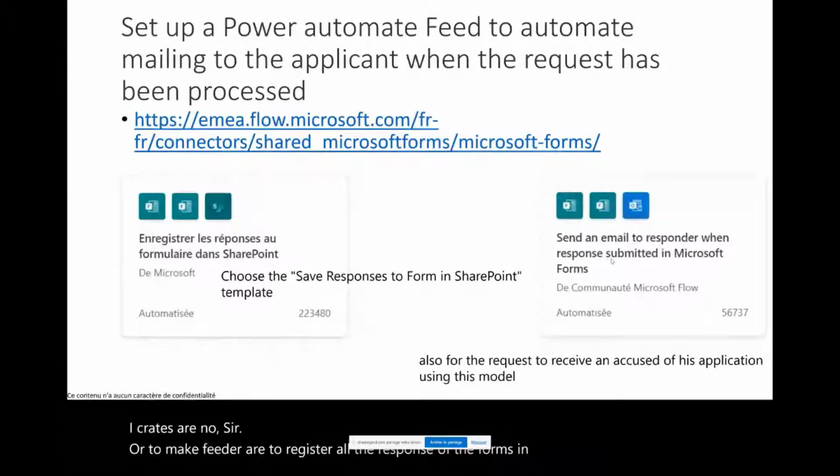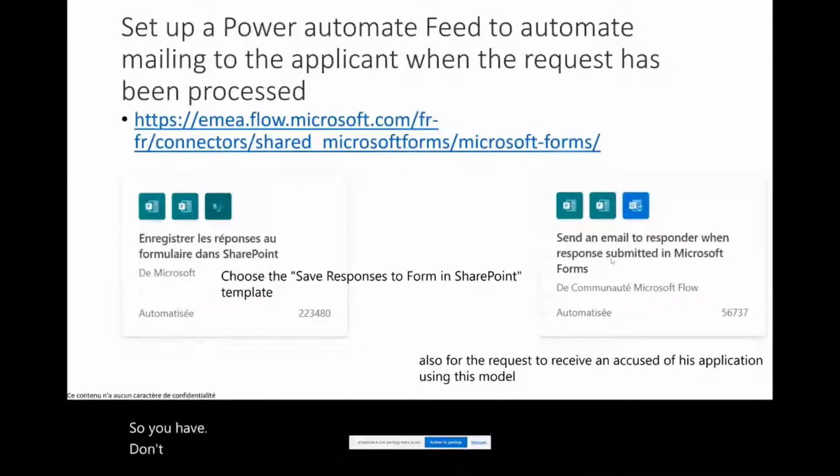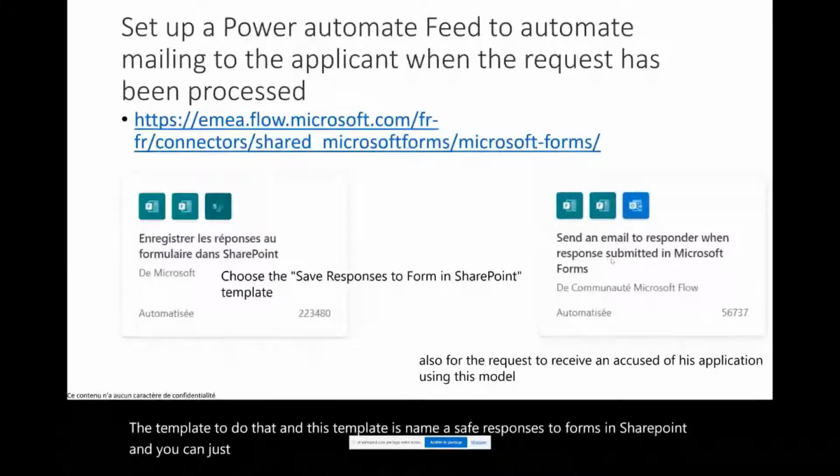You have a template to do that, named Save Responses to Forms in SharePoint, and you can just follow the step-by-step in the model, and it's really easy and fast to do.